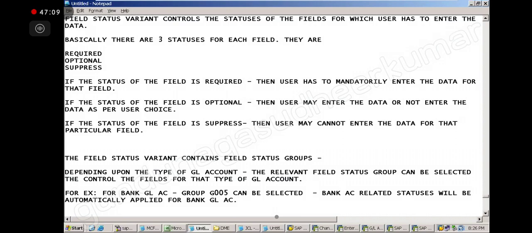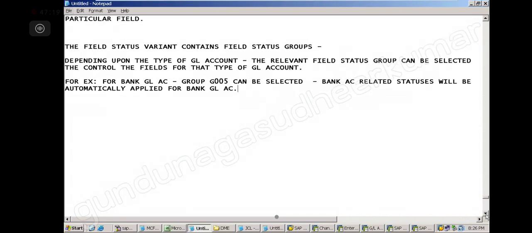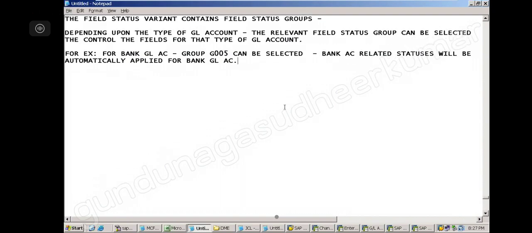So we have covered almost all the topics now. Field status I covered, posting variants.